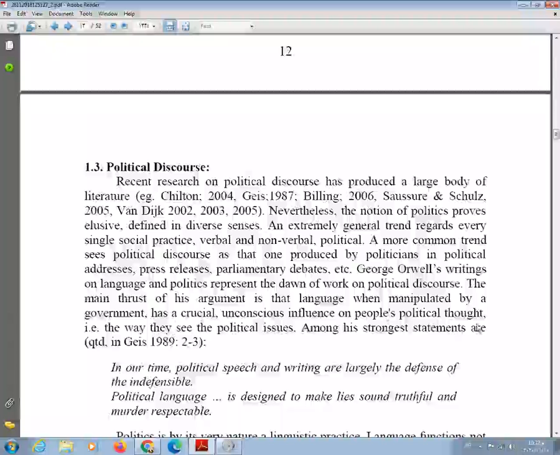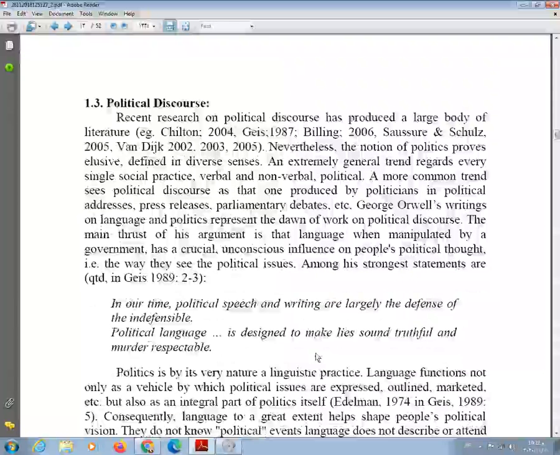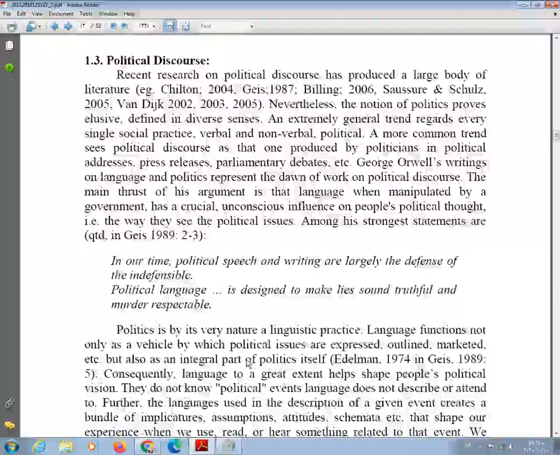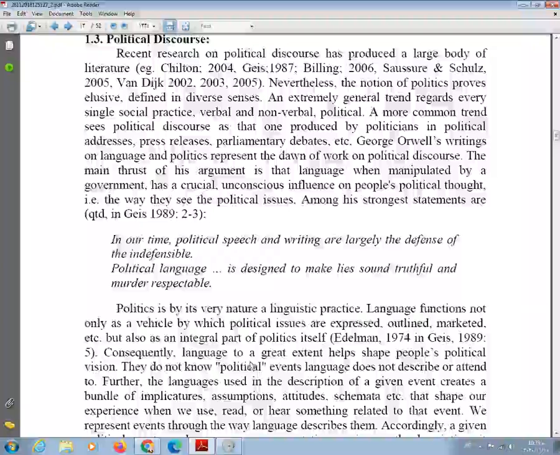People see what the governments project to them through language, and political language has a lot of lies and biases and inaccuracies and all these things. These are essential components of political language. Okay,